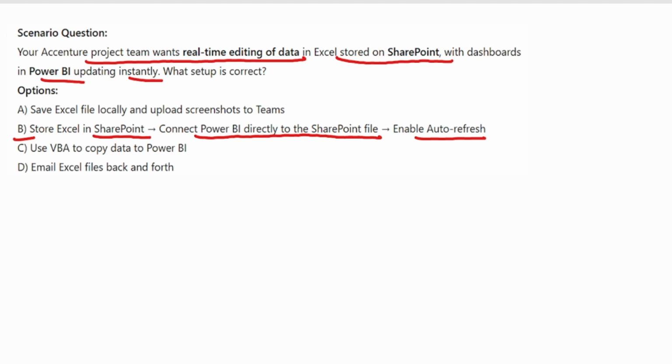An Excel file stored on SharePoint can be a live data source for Power BI, and changes are reflected instantly if auto refresh is enabled. If auto refresh is enabled, it automatically reflects changes in the file. So these are